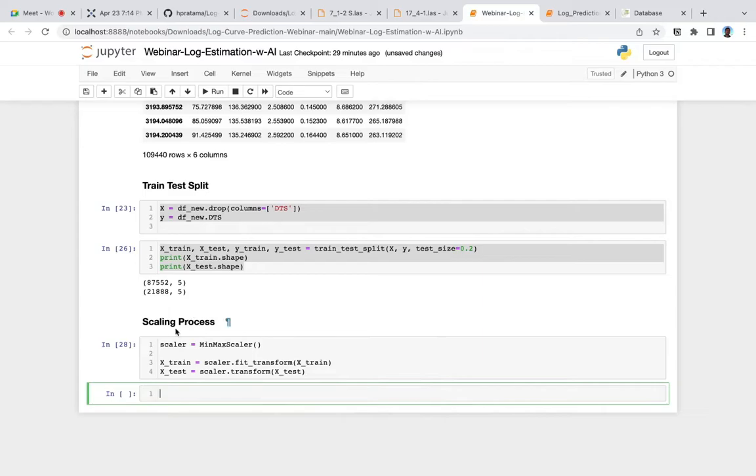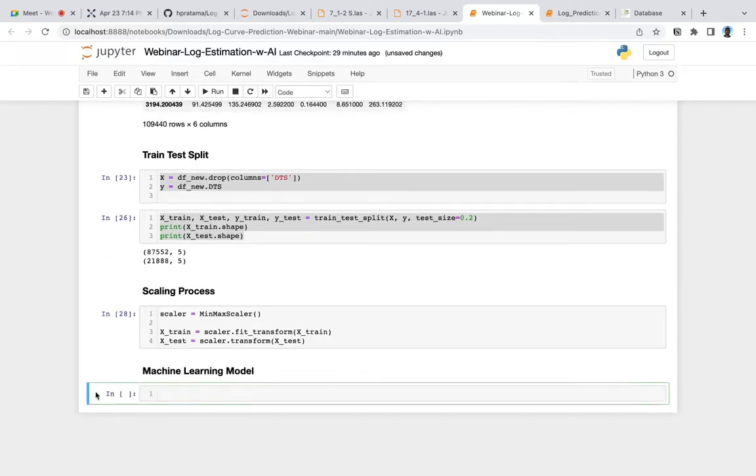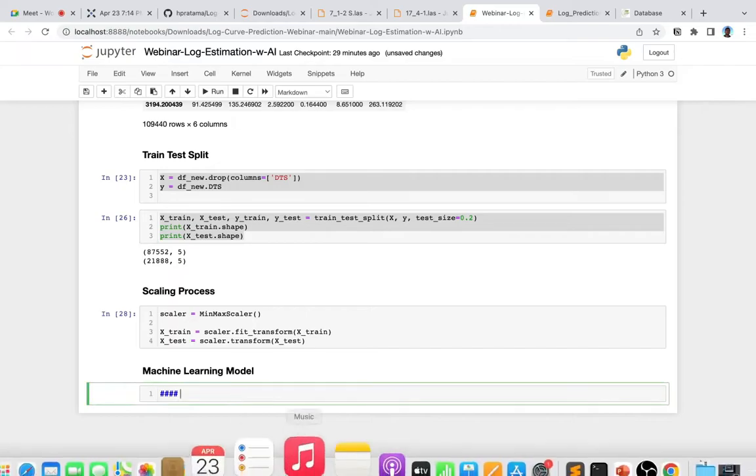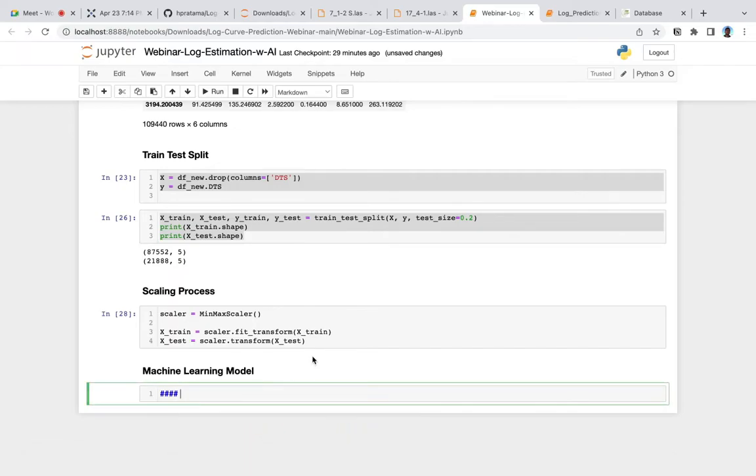After this process is ready, then we can train our machine learning model. First, we will train the linear regression one.